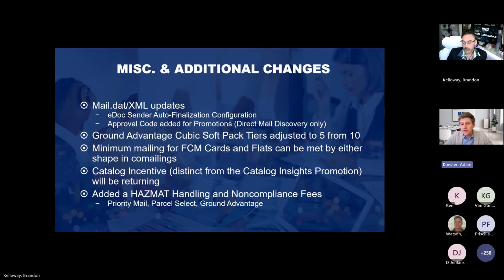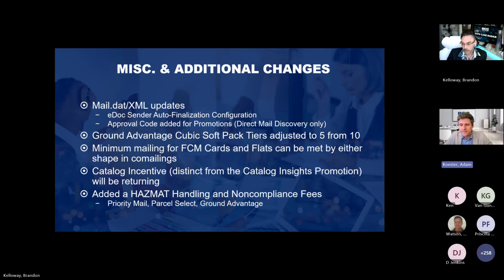The catalog incentive will be reinstated as well. Remember, the promotion for that is going away in 2027 for those catalog insights. But prior to getting that promotion, we had the catalog incentive. That's a pretty minor discount, but it is worth taking if you're doing catalogs. There's no approval period. If you have a catalog, you get, I believe it's 0.001